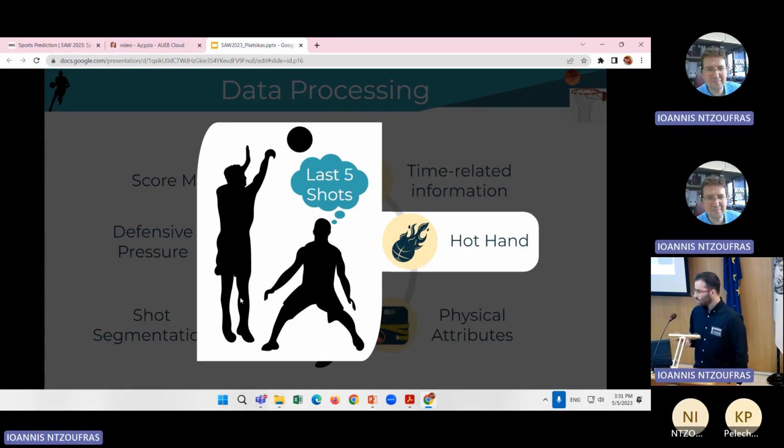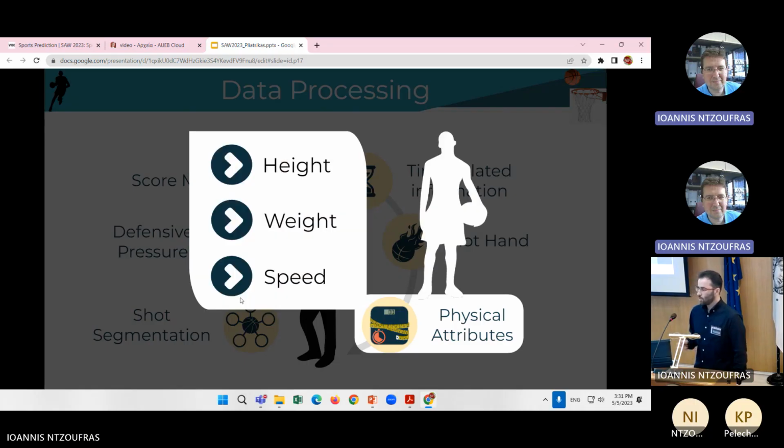We also reviewed whether a player is hot by checking the result of his last 5 shots. Using this information, we computed the number of consecutive shots made and the corresponding percentage. We also included information relative to each player's height, weight, and speed. This allowed us to know whether the shooter was quicker, heavier, or taller than his closest defender, and by what amount. Using this information along with the shooting distance, we measured the size of a mismatch.